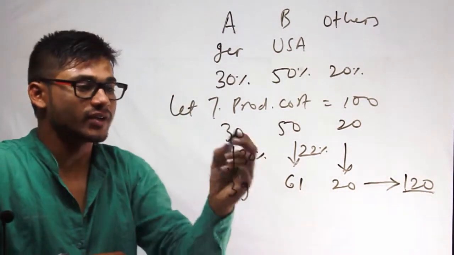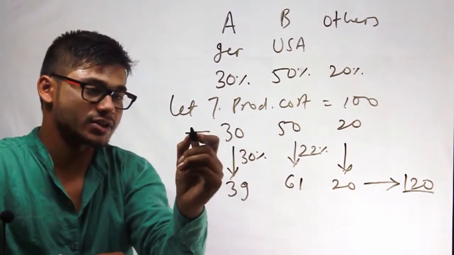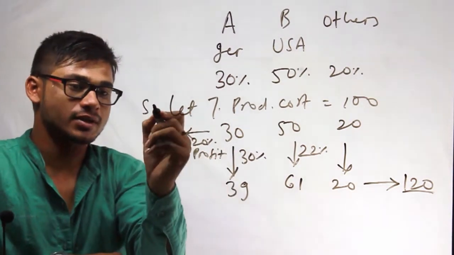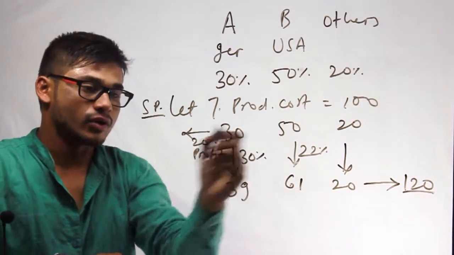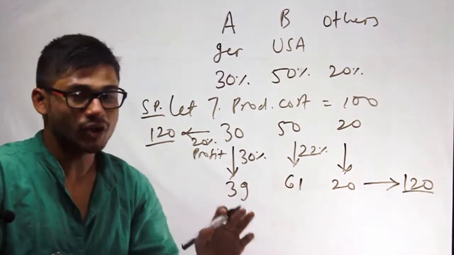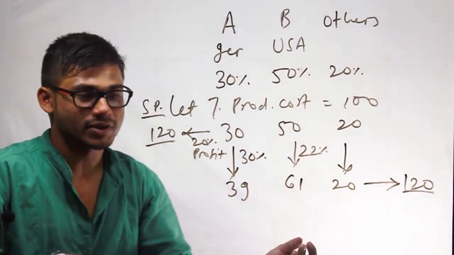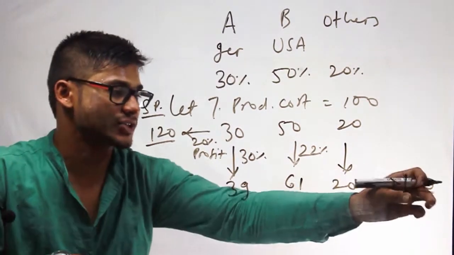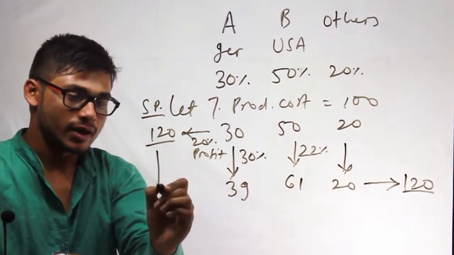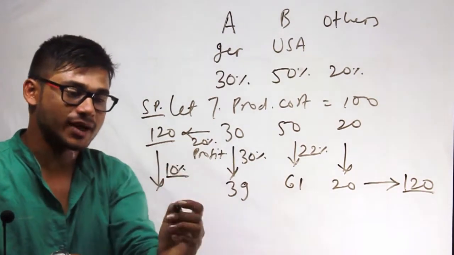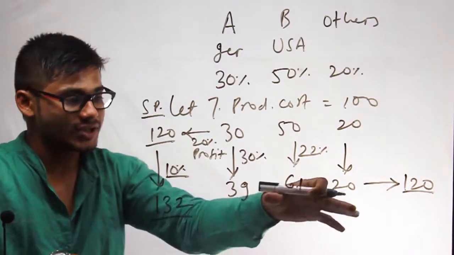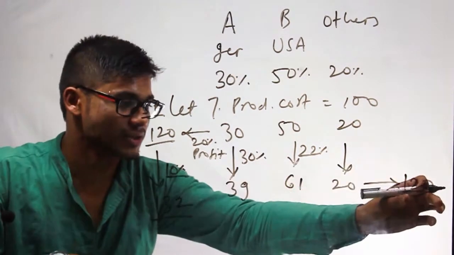And we have been given that at this stage the company earns a profit of 20%. So the selling price here will be 120. Now the question says we cannot increase the selling price by more than 10% and we have to maximize the profit at this stage, meaning at 120 CP. So a 10% increase on the selling price will give me 132.